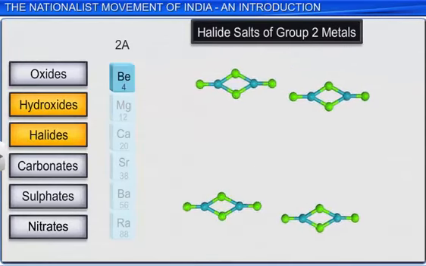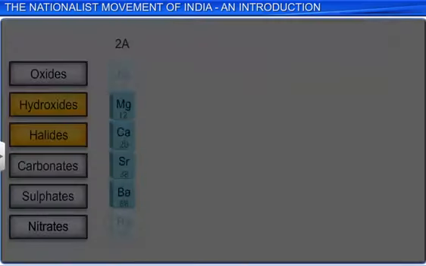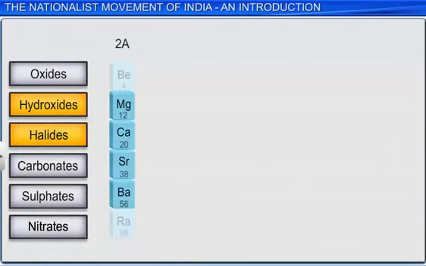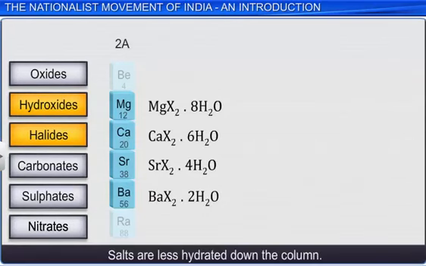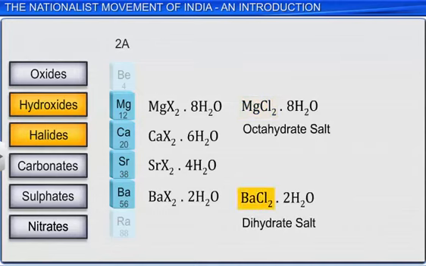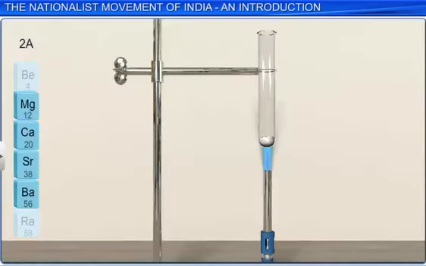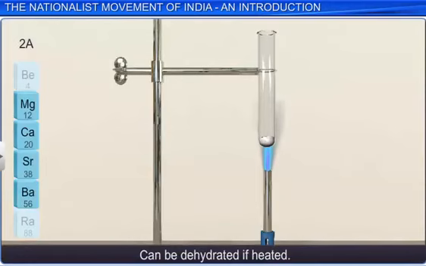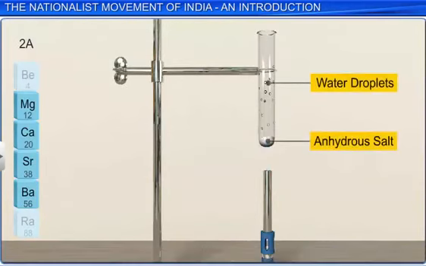The halides of the group 2 elements are often found as hydrates, but these salts are complexed with fewer water molecules down the column. Thus, magnesium chloride is an octahydrate, whereas barium chloride is found as a dihydrate salt. These salts can be dehydrated upon heating, leaving anhydrous salts. It should be noted that beryllium and magnesium salts will undergo hydrolysis upon heating, though,